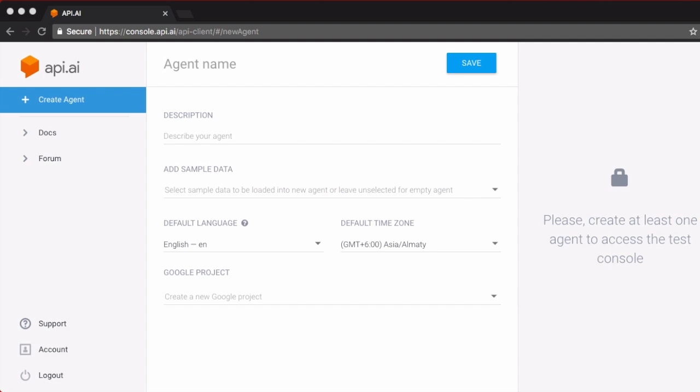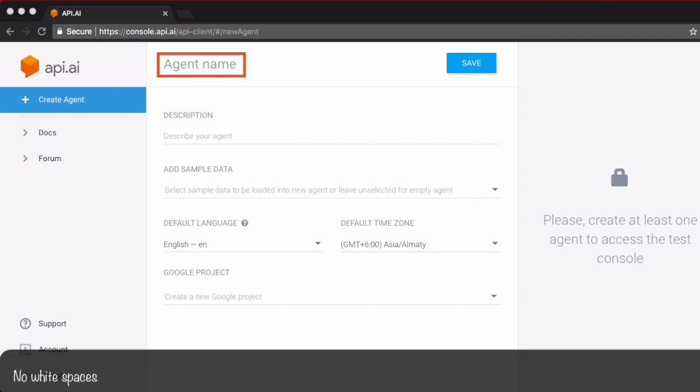Here you specify a whole lot of information about the agent that you want to create. We start off with the agent name. The agent name has a number of restrictions on what you can use within the name. You should have no white spaces, and there are a number of special characters which are not allowed. What is allowed is alphabets, numbers, dashes, and underscores. In fact, when you hover over this text box, you'll get feedback on what is allowed and what is not.